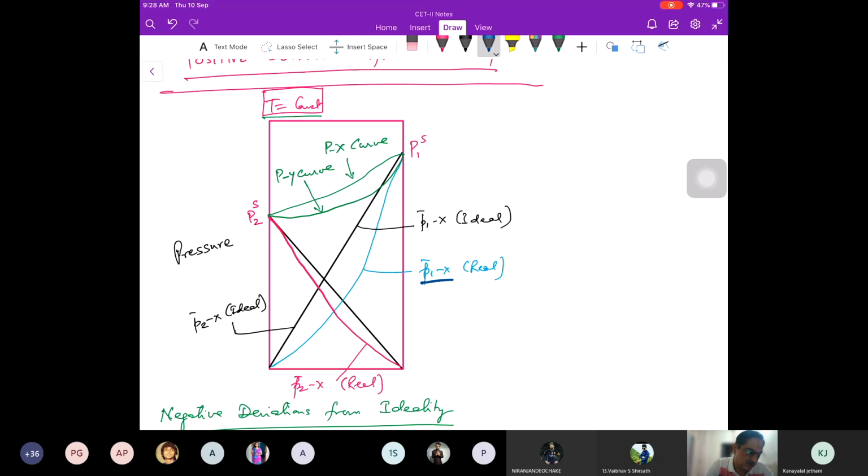P1 versus x, and this is real जो concave रहेगा नीचे, and this is ideal straight line वाला जो मैंने explain किया. Same concept है. Straight line is your ideal, and this is your real. ये वाला real है. So it's going to be below that straight line. That means if I take any value of x,